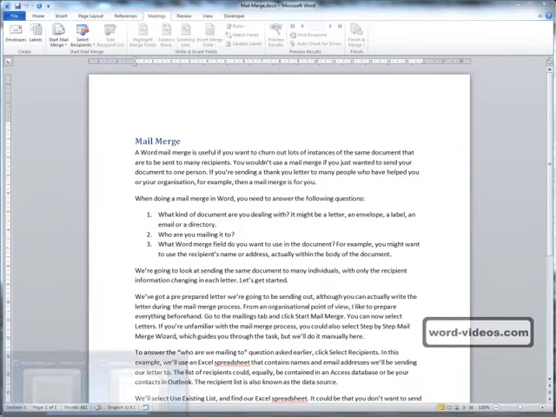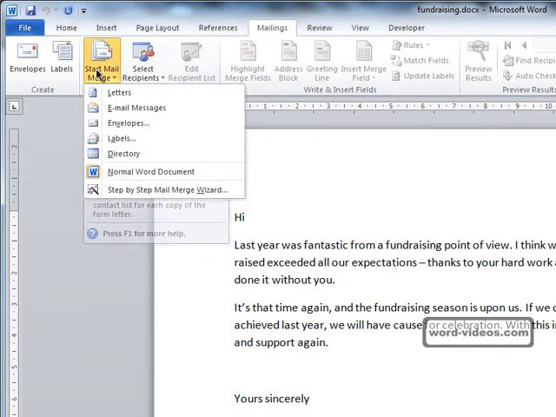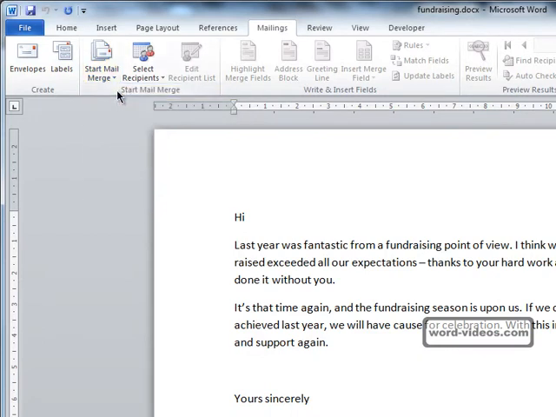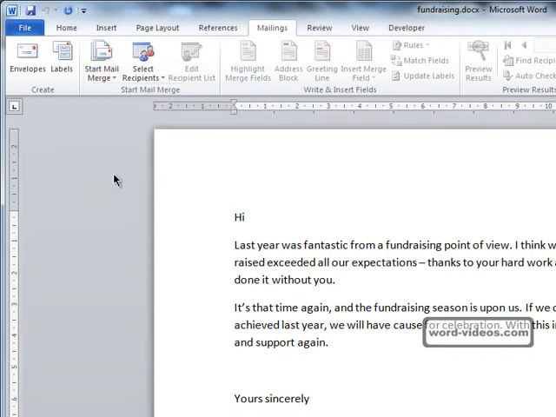Let's go to our pre-prepared letter and click on Start Mail Merge. As you can see, there are several options here. We can select letter, email messages, envelopes, labels, directory, but as this is a letter, let's select letters. If you're unfamiliar with the mail merge process, you can actually select Step-by-Step Mail Merge Wizard, and that would guide you step by step through the process,